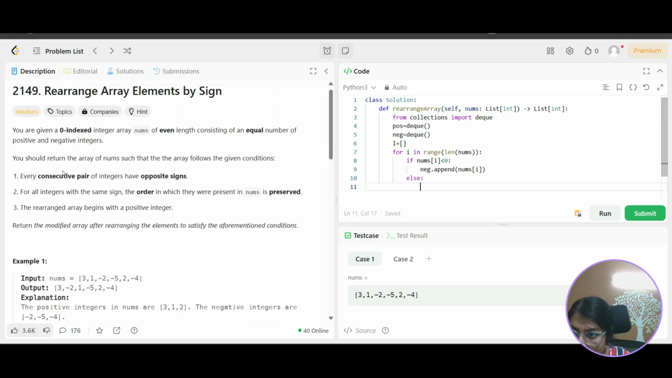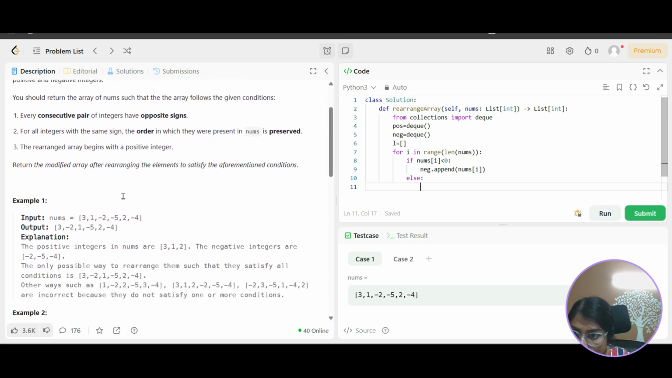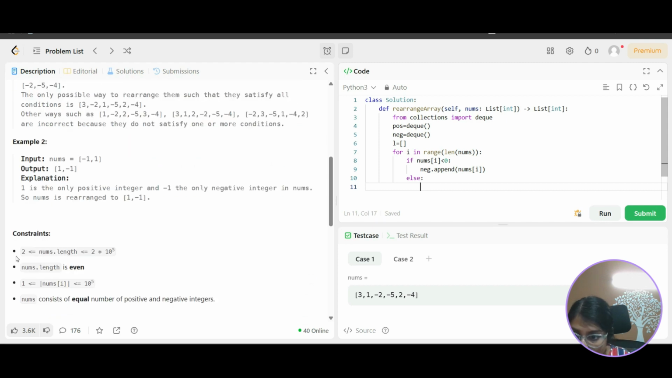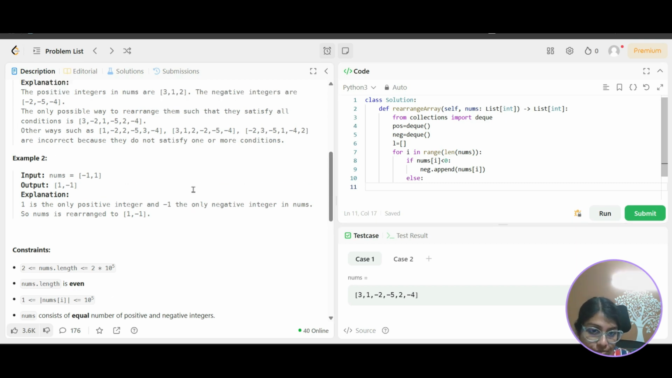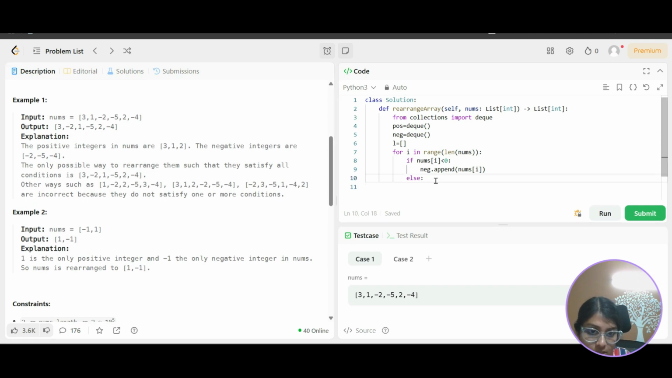You are given a 0 indexed array, yes. Do I have 0? No. The constraints: nums length is even, and nums of i is between 1 and 10 to the power 5. Equal number of positive and negative integers, and I think this is not 0. There's no 0 here, so we can certainly say else, and this will be pos.append